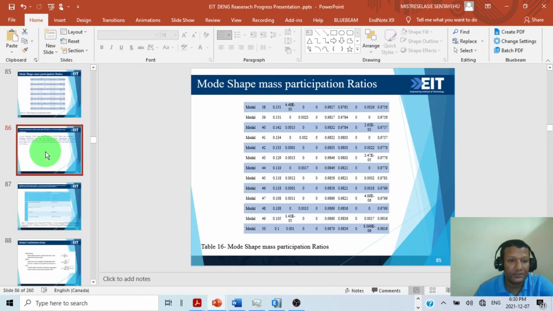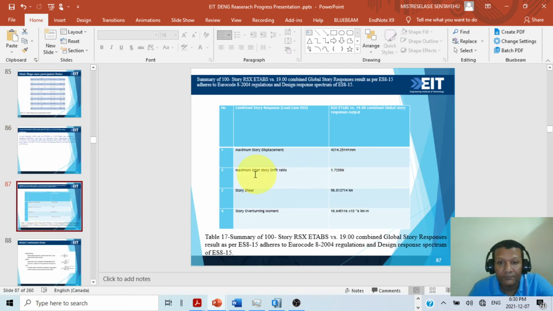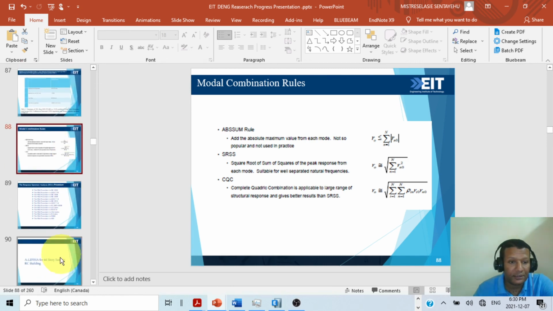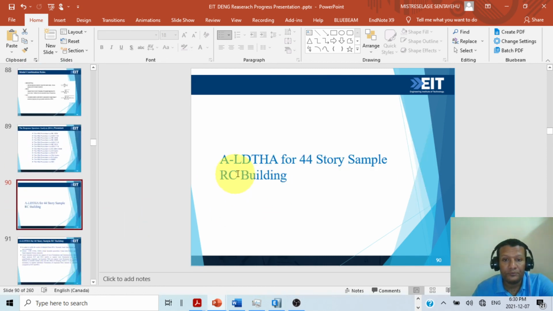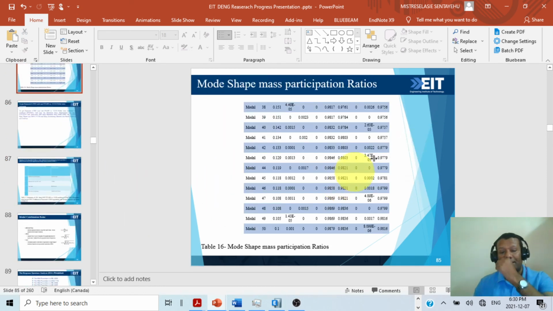And just to show you the output, the maximum story displacement is 4314.25144 millimeters. The maximum inter-story drift was 1.72%. The story shear was 98.5137. The story overturning moment was 18.645 times 10 raised to 6 kilonewton-meters. This is no need. So, the response spectrum analysis,